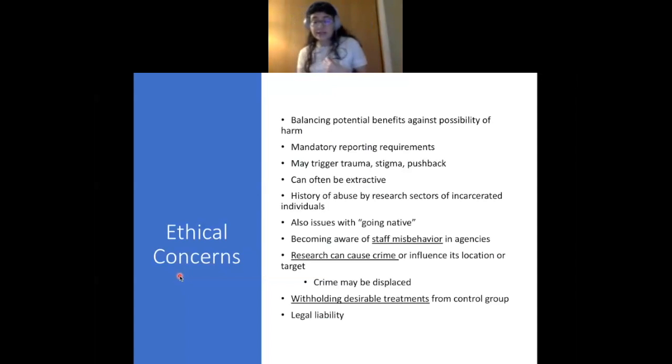So there's this active question of what the costs and benefits are, what you're trying to do, and how your research is contributing to the larger goals, progression, and influence, versus what sort of burden you're putting on your participants, right? And there's a large history of abuse, of researchers really treating people who are incarcerated like lab rats. You can feel free to look more into the history on that, but there have been, in response to that,